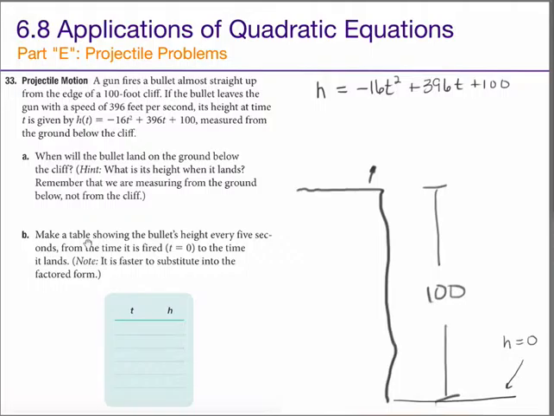All right, now let's talk about the actual question here. When will the bullet land on the ground below the cliff? When is a question about time. So we're looking for t equals something. The t is the variable we're solving for, not h. As it happens, we know h. H, when the bullet lands on the ground, is 0. So replacing h with 0,